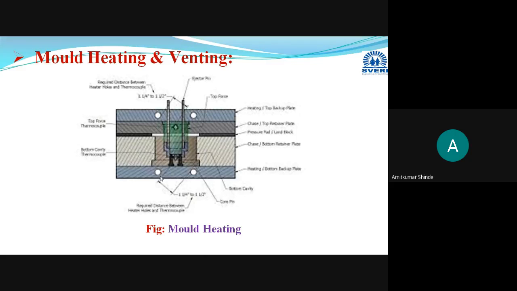Suppose the thermocouples are placed very close to each other, at a very closer distance. Then it will result in the turn off; automatically the heating process will turn off. And if these thermocouples are very far from each other, at a longer distance, then it will result in core heating, meaning a specific spot will get heated. Instead of providing uniform heating throughout the mold, it will result in core heating. So you have to take care of this,